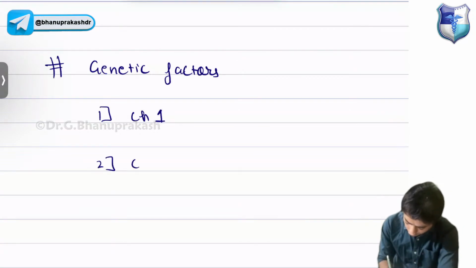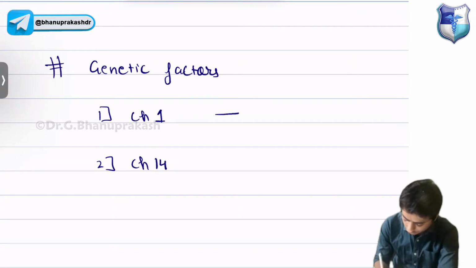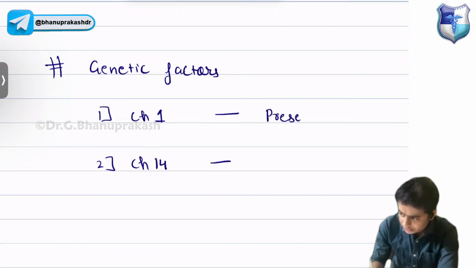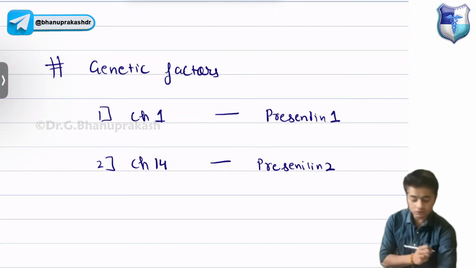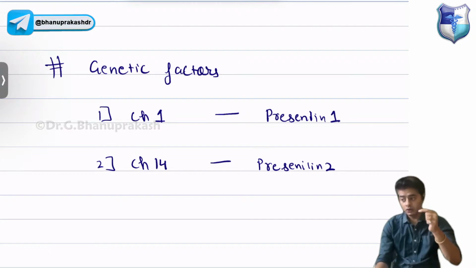Second is your chromosome 14 defect. ठीक है? Chromosome 1 defect is known as presenilin 1. Chromosome 14 is known as presenilin 2. Okay, everyone? So presenilin,